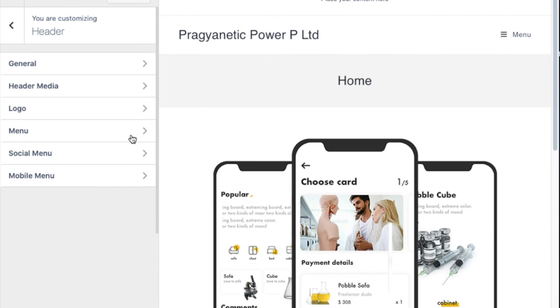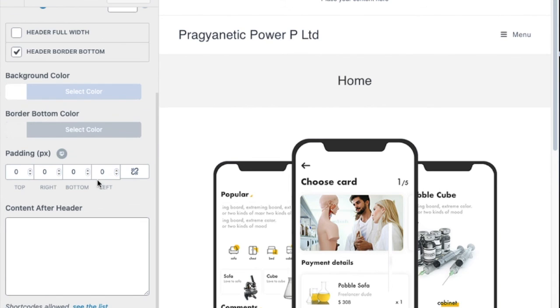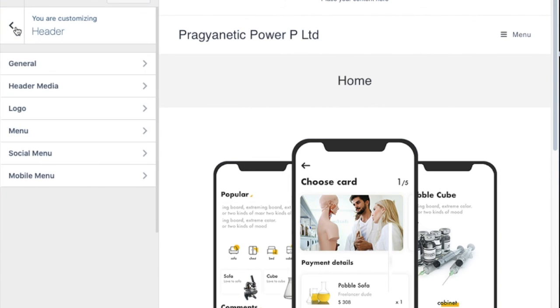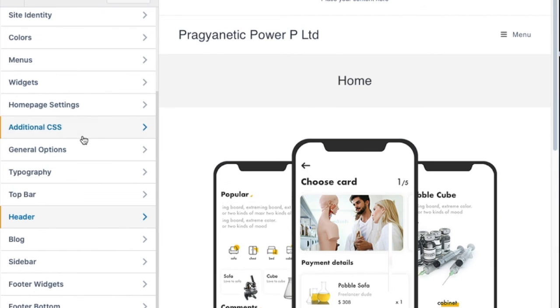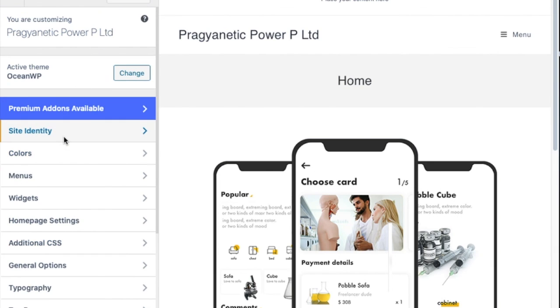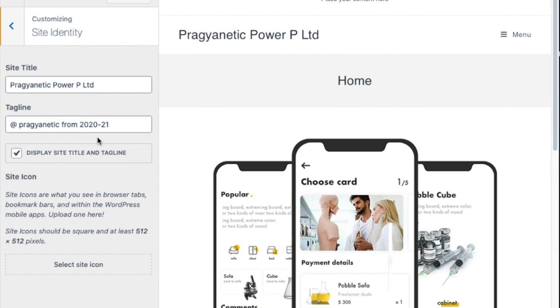Now let me just go into the site identity, not regarding any menu, general, no, not this one. So I have clicked on the header. I want to go into my site identity.